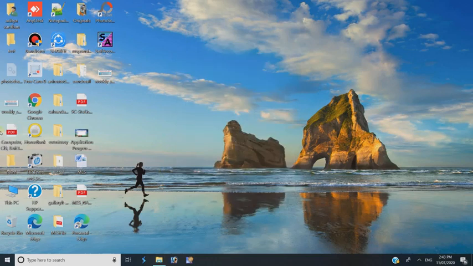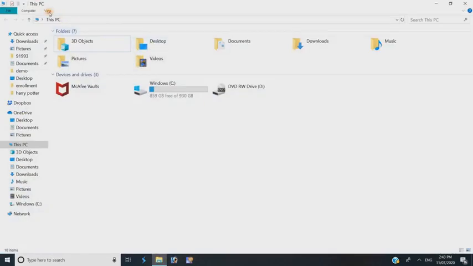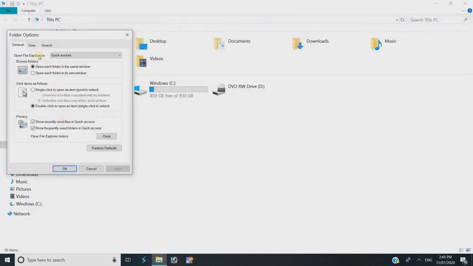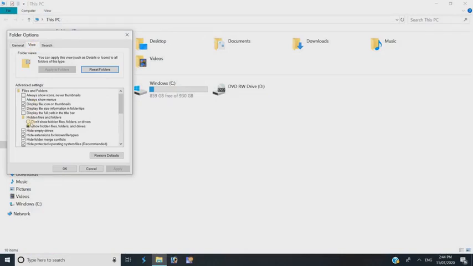Now these two files are unhidden, but I have to apply the same setting, that is the default setting of the computer, means the hidden files should not be displayed. So that's why we have to change the setting again. Click here, again click on the View menu, go to Options, Change folder and search options, bring the mouse pointer near to View, and Don't show hidden files, folders or drives. Better to choose Restore Defaults, means the changes which have been made in this section should be restored by default.